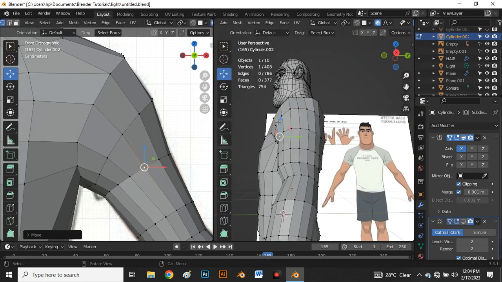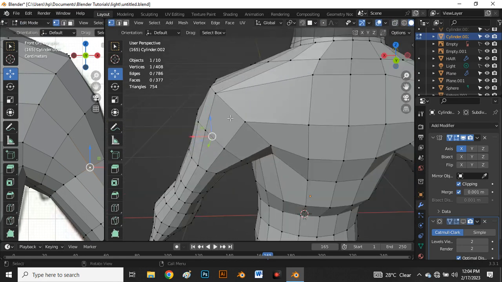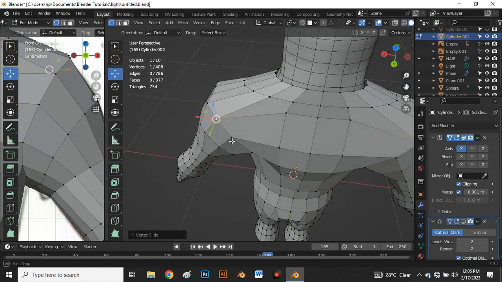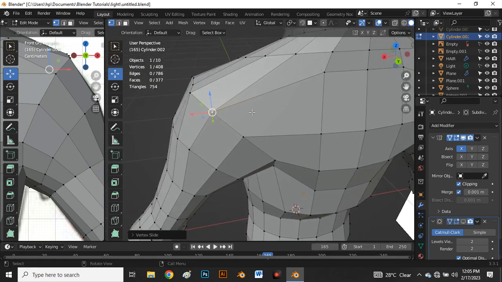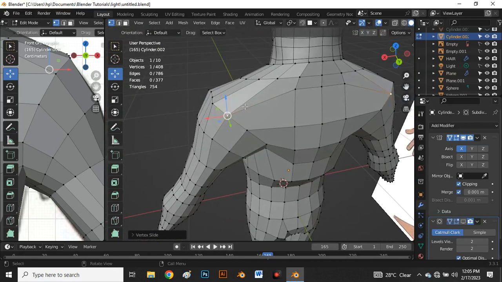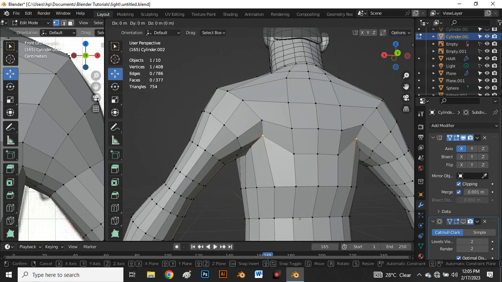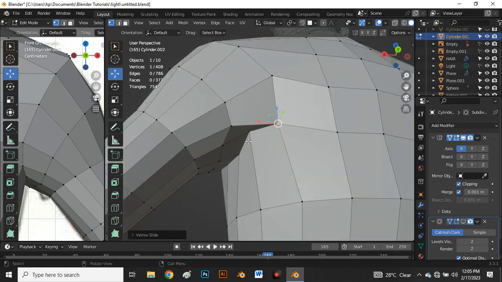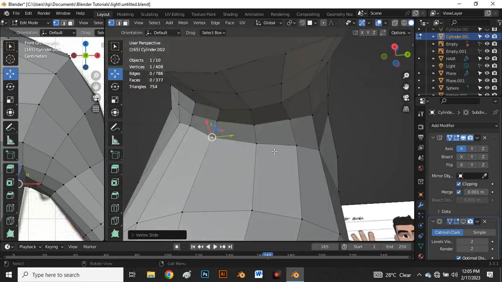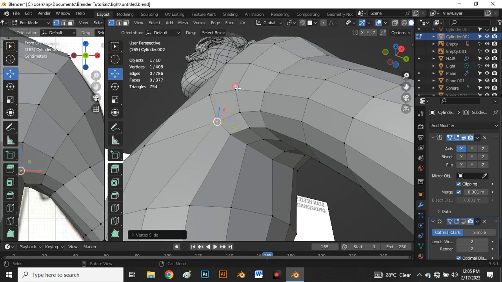So I can turn it off by clicking O again to turn proportional editing off, and so now I can make some movements, G twice to move these vertices. So we have something that is wrong here, so we can work on this loop here. But what I will do is very simple. Let's select this and say G twice to move a little bit, G twice, to work on the armpit of our character, G twice, press downwards,